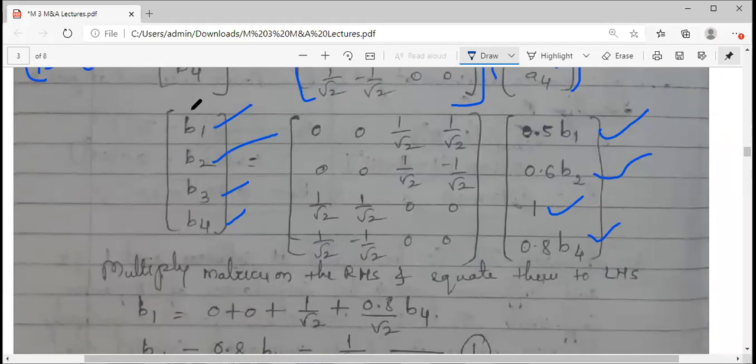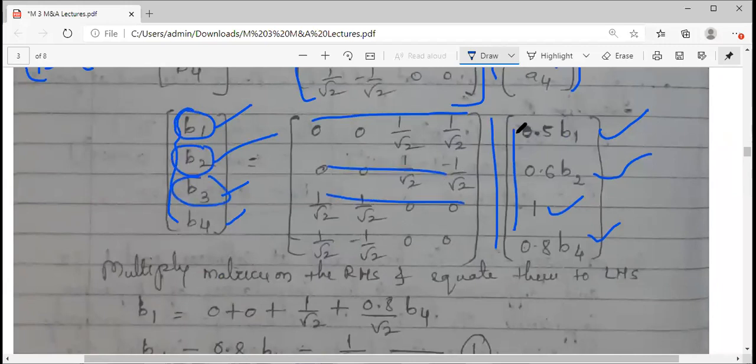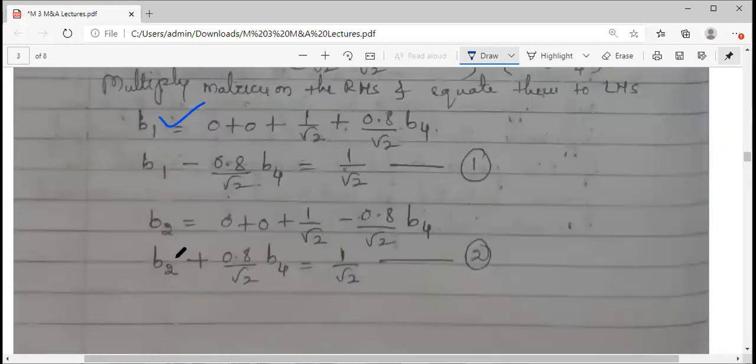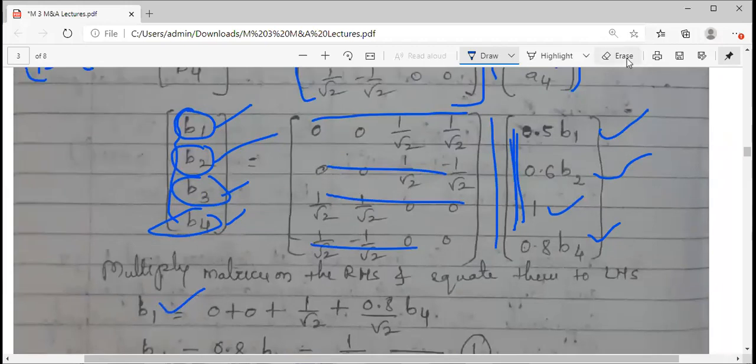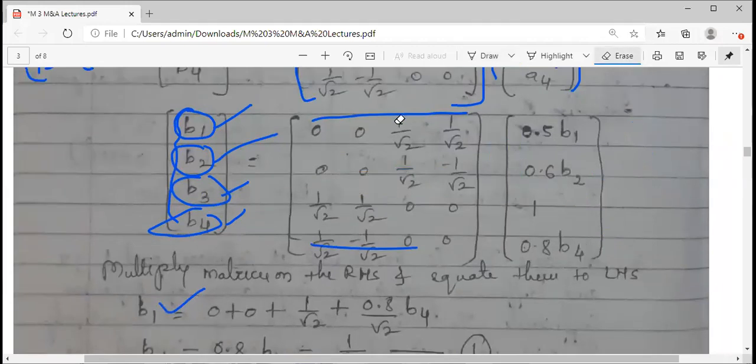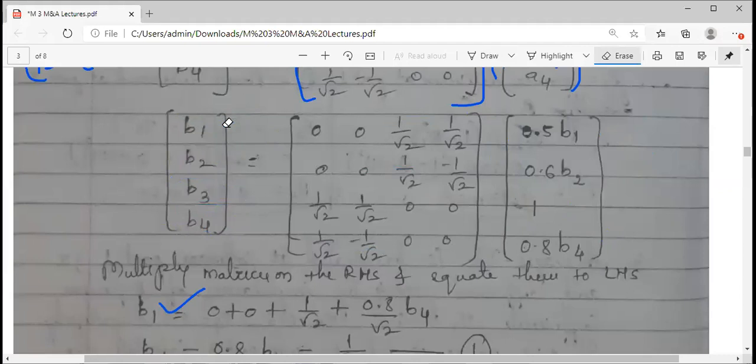In order to calculate that, I will first make use of these 4 equations. What you do at the RHS, take the matrix multiplication, row into column: you will get B1. Then for B2, second row into column. Then B3 equals third row into column. B4 is equal to fourth row into column. So do the matrix multiplication at the RHS and get the equations for B1, B2. One sample I'll give you. Only for B1 I'll multiply and show you; for the remaining 3 you have to do it. Taking B1 first. B1 is equal to, first value is 0. I have to take this row and column multiplication.